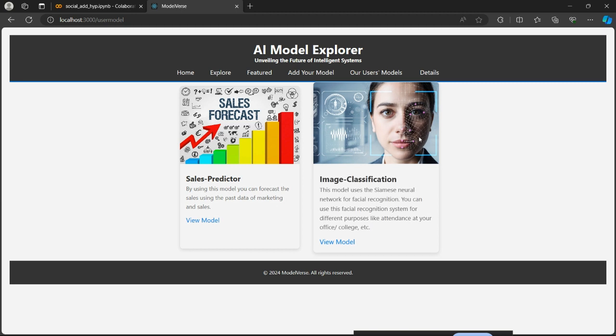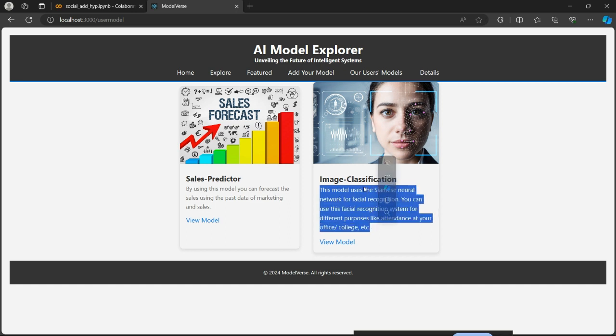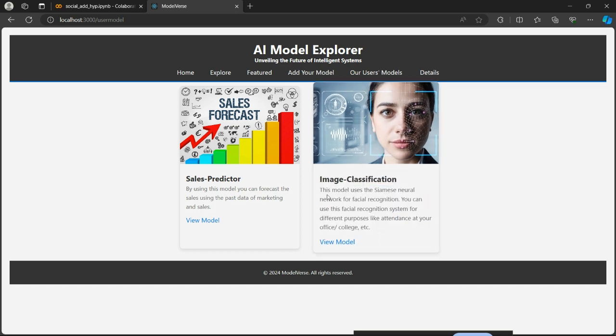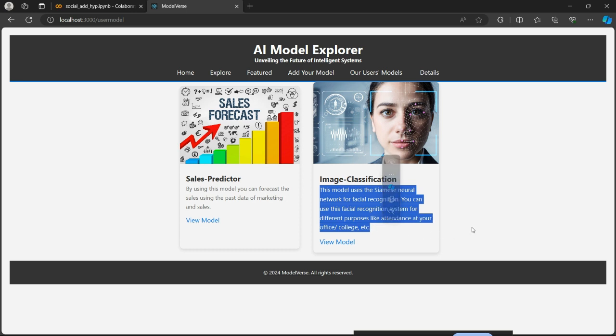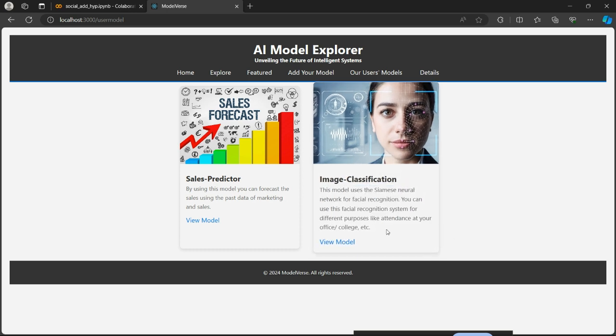The image of the model for which we put the link is there, and it says image classification model. This model uses the same image neural network, etc. So this is the same explanation and info about the model that we added. And here is also one option, view model. By clicking on it,